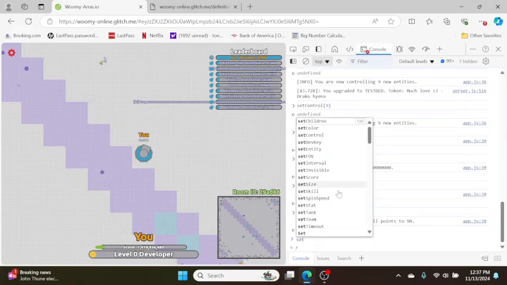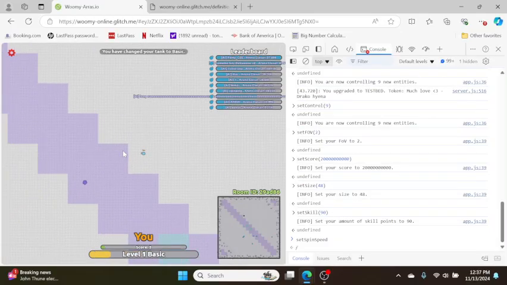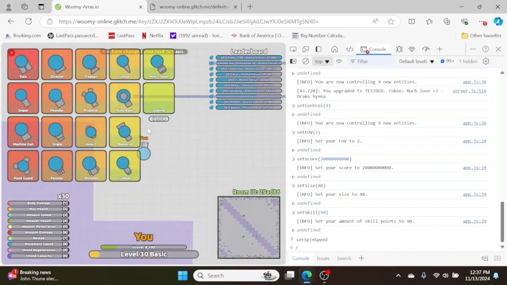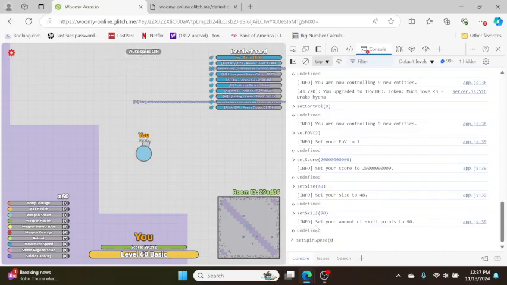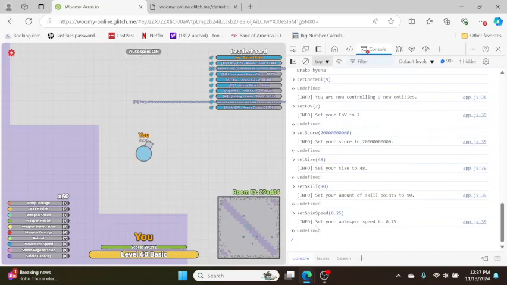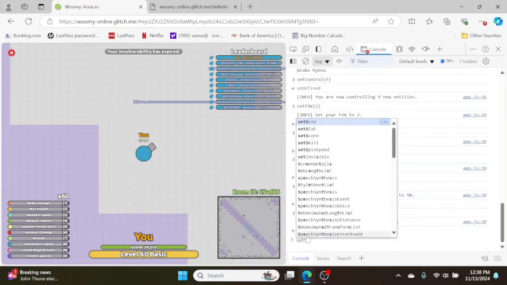Set spin speed lets you change your spin speed. It's hard to show with the developer tank, so I'm just going to go back to the normal tank. Spin speed gets really fast with even really tiny numbers. If I set spin speed to 0.25, that's already pretty fast. I'm pretty sure you rotate that many radians every frame, and a radian is just a unit of spinning that you don't have to know. But if I set spin speed to about pi,